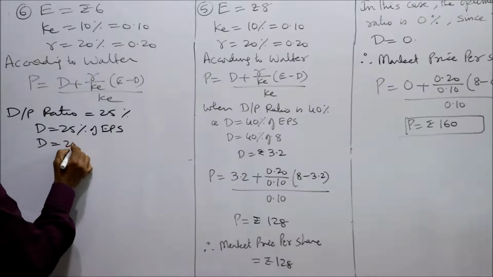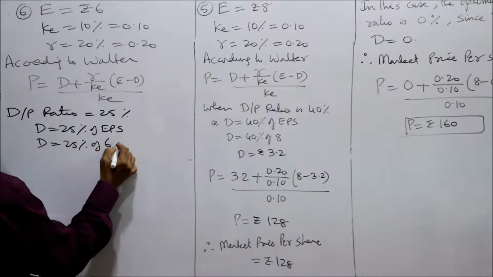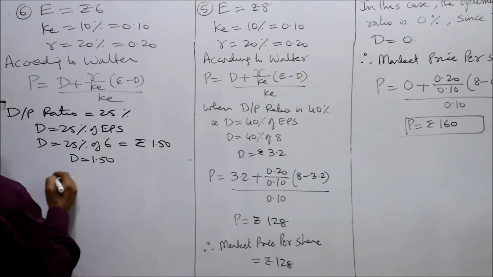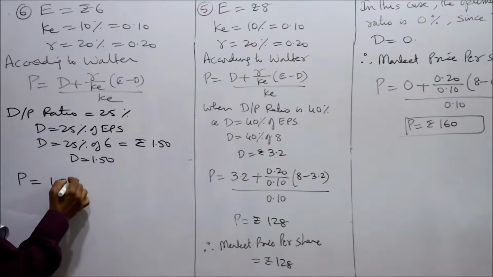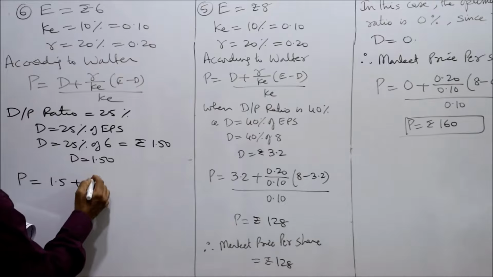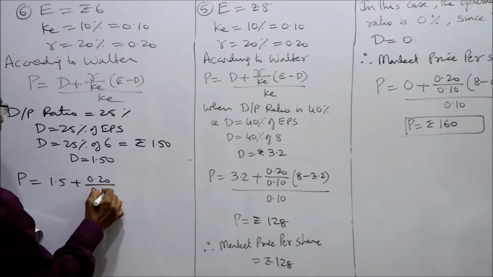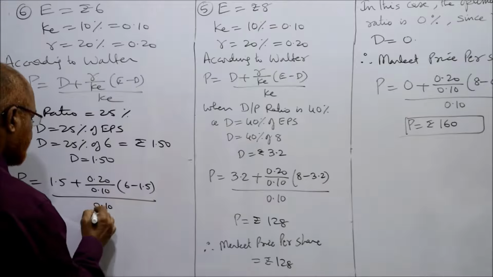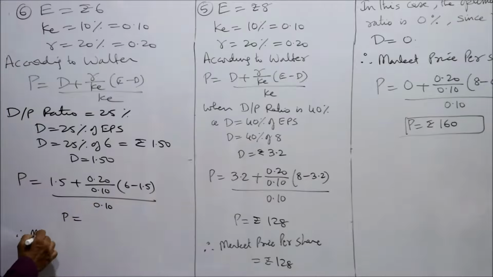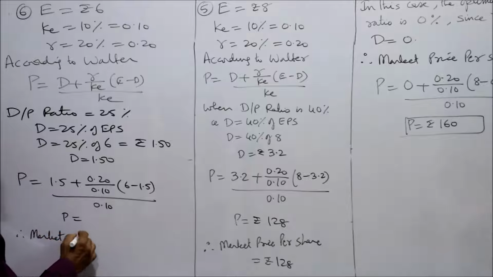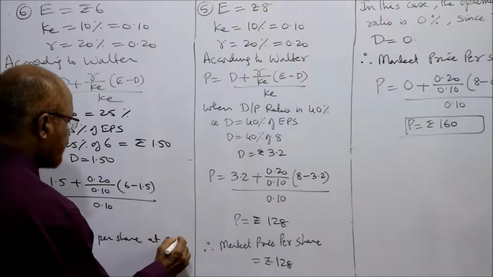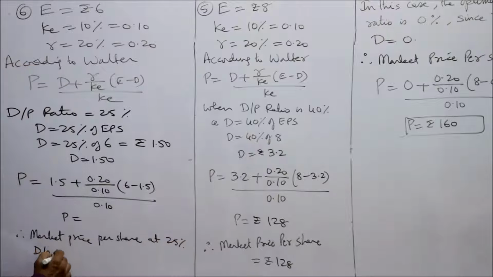D is 25% of EPS. 25% of rupees 6 is equal to rupees 1.50. R is 0.20. At 25% DP ratio, what is